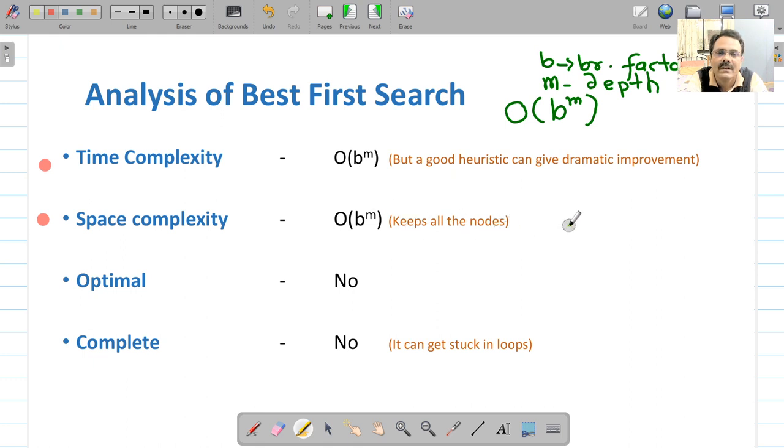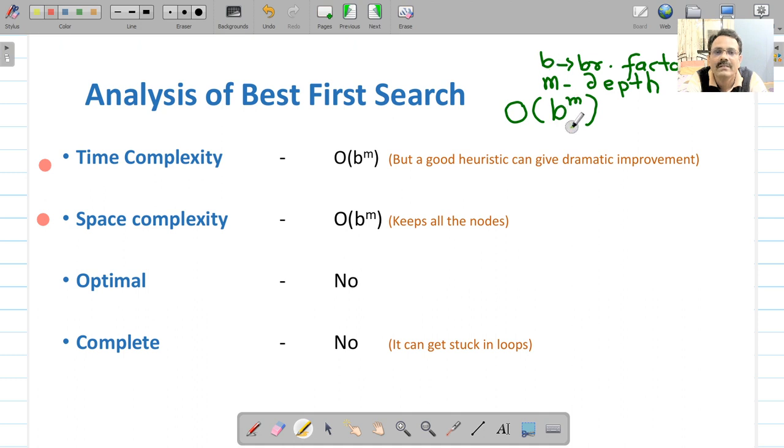Later on the algorithm has to backtrack: if at any time it finds that the current node is not better than some other node visited earlier, it will backtrack, and therefore you should keep track of all those nodes and store them.